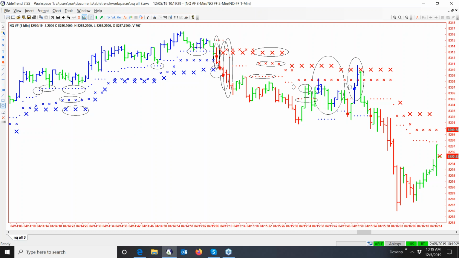But here's a triple confirmation losing trade. Now you say, where do I put my stop? Well, here are the red dots. We put it 1 point above the red dot. So that would have been a losing trade, about 4 points on this chart. And that's generally about where our stops tend to lie, give or take a little bit.